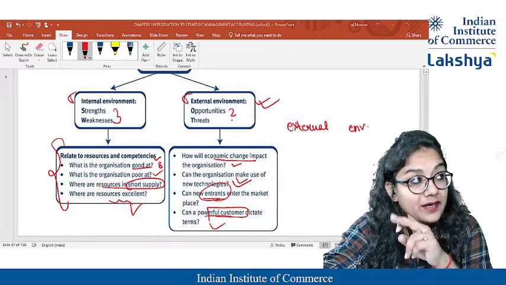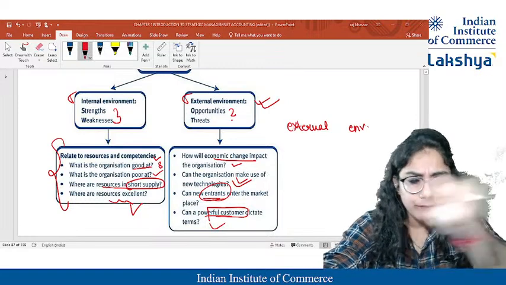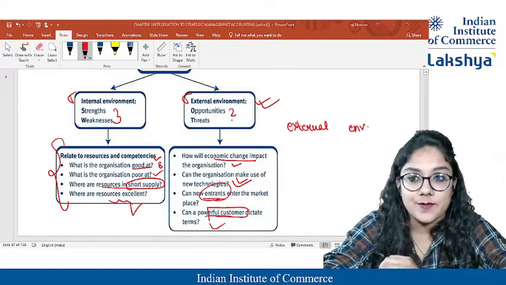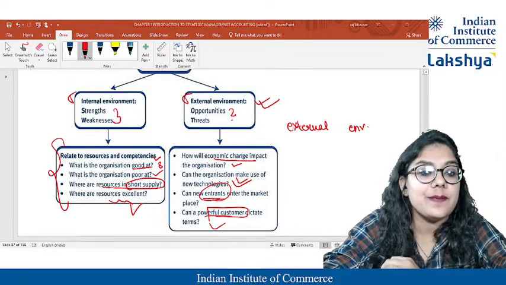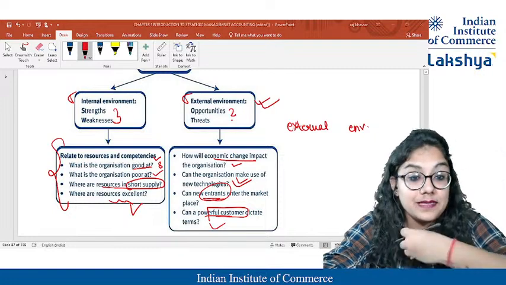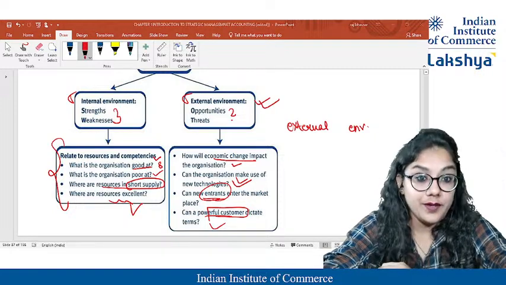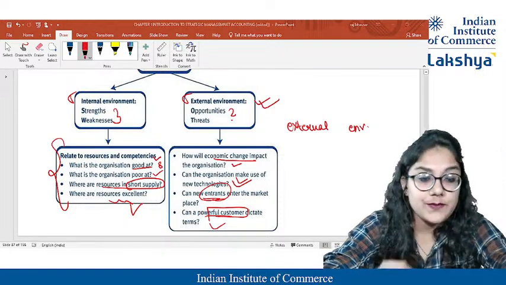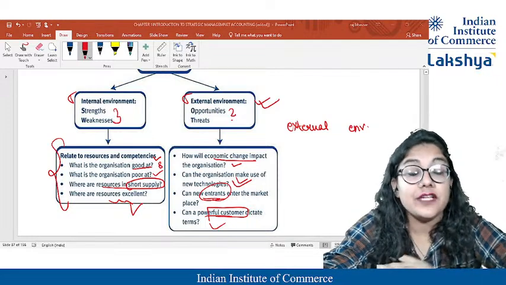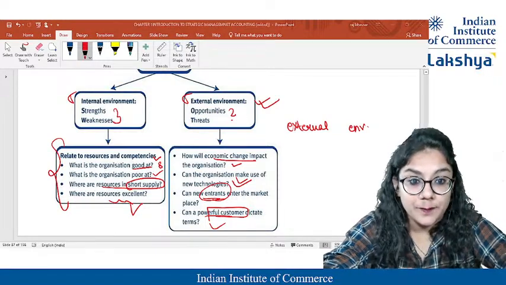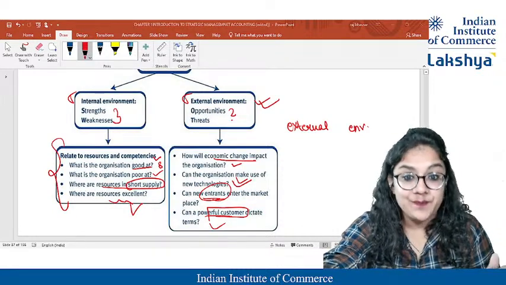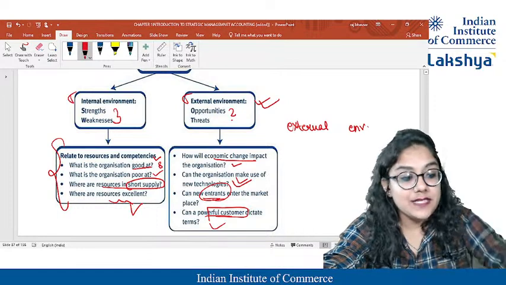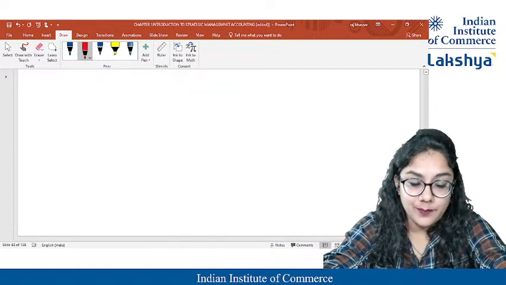Can a powerful customer dictate the terms? It means is it a buyer market or a seller market. If there are a lot of buyers and limited suppliers, maybe one or two, then the supplier can price whatever they want. But let's say there are a lot of suppliers, that means buyers have a lot of options. Wherever they get a reduced price or better quality, they may switch. So yes, all these factors need to be considered before we enter into another product.